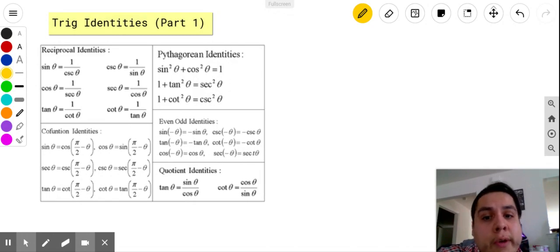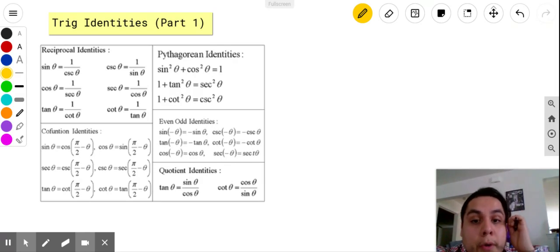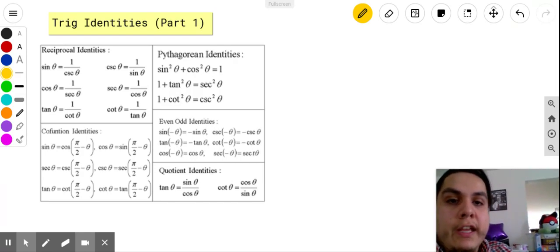And I'm going to count on you guys understanding. If you understand that, you should be able to make sense of the cosecant, the cotangent, and the secant versions of when you have a negative input. Why that would be true? Okay. So according to the even odd identities, when I see sine of